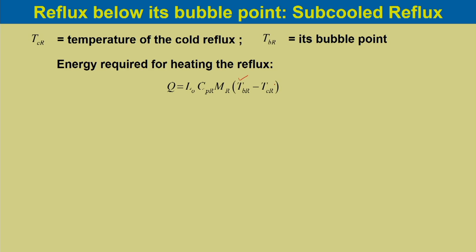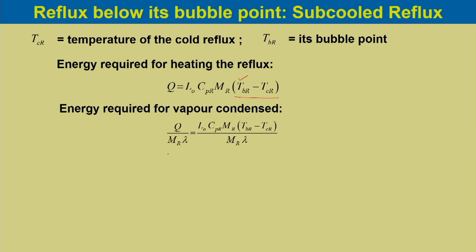For the energy required for vapor condensation, we can divide by MR lambda on the left hand side. So, L equals Q by MR lambda, which would be equal to L naught CPR MR (TBR minus TCR)